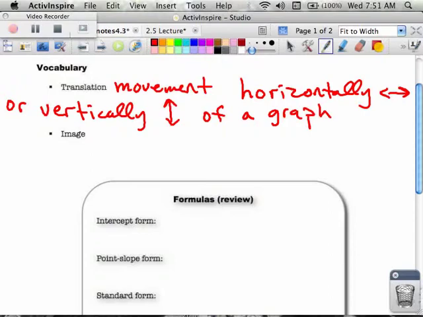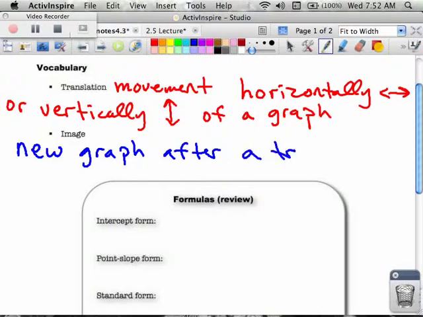And the image is the new graph after a translation. For some reason I call it the image